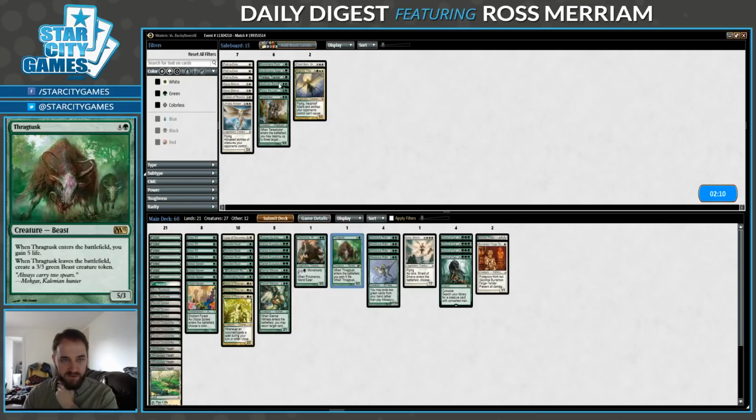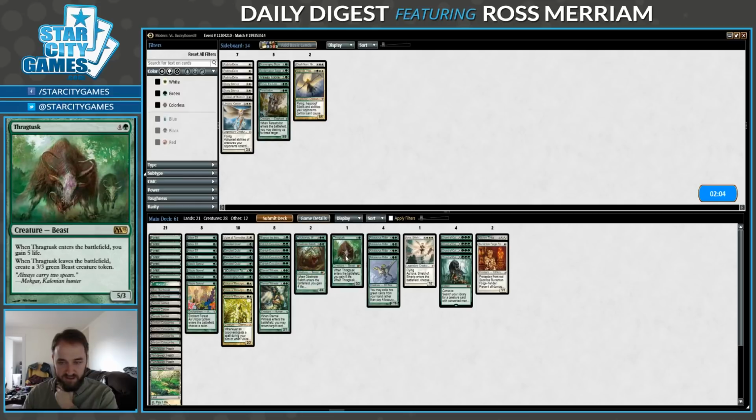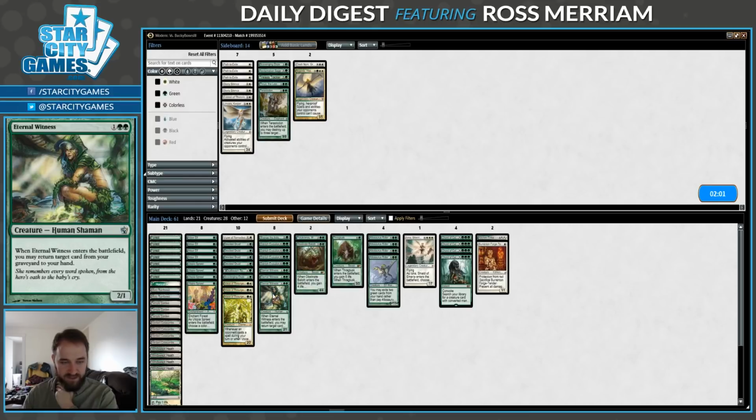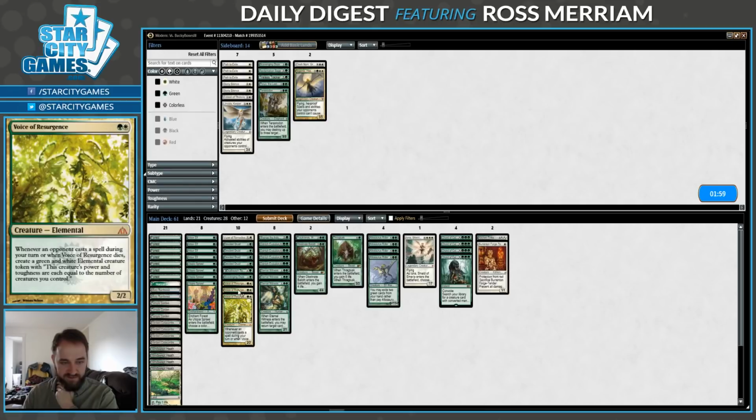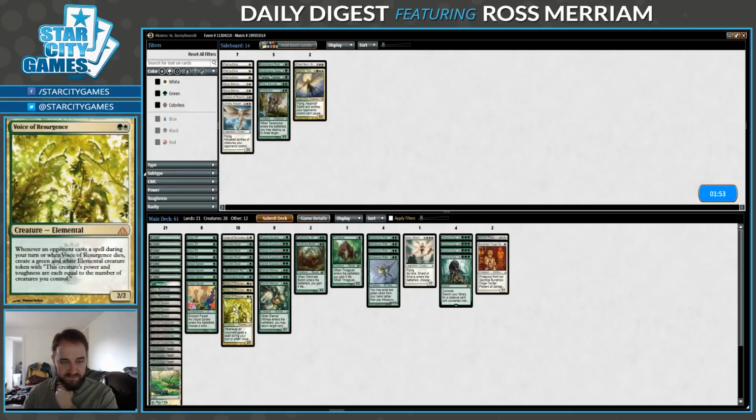I don't really want... Oh, there's an Obstinate Bailiff here. Okay, well, let's definitely bring that one in. Is that just better than Pelucranos here? Might be that I don't want Eternal Witness or a Voice or something like that. Voice is usually pretty...